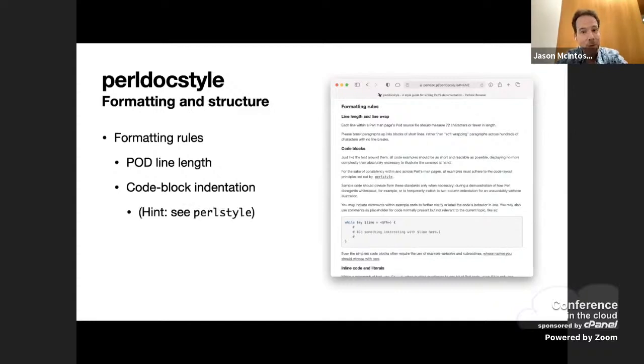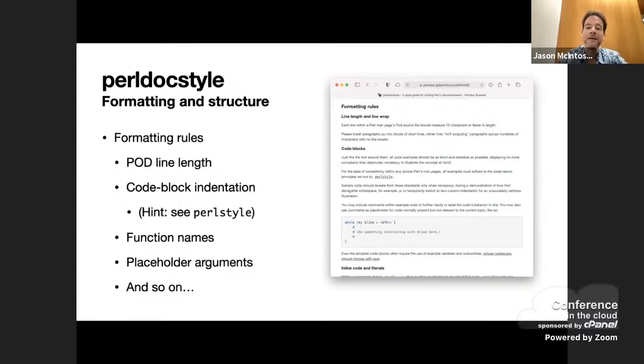Example code blocks, it's 4, by the way, because that's what the Perl style man page says. When to include parentheses after mentioning function names and how to represent placeholder arguments and so on. Honestly, a lot of this just adapts the notes I made as I revised the open function documentation last spring. I don't consider it exhaustive, but I do feel it's a good start towards documenting the best ways to format